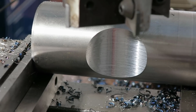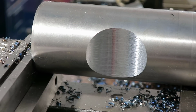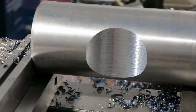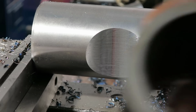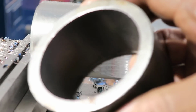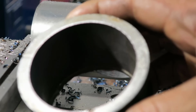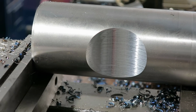Okay, I think we made a decision here. The radius on this is 1 3/4 inches, but I can still bore this piece out if I need to. But I found a piece of 3-inch tubing. There's no seam in it. So we took our 3-inch cutter, and anyway, figured out